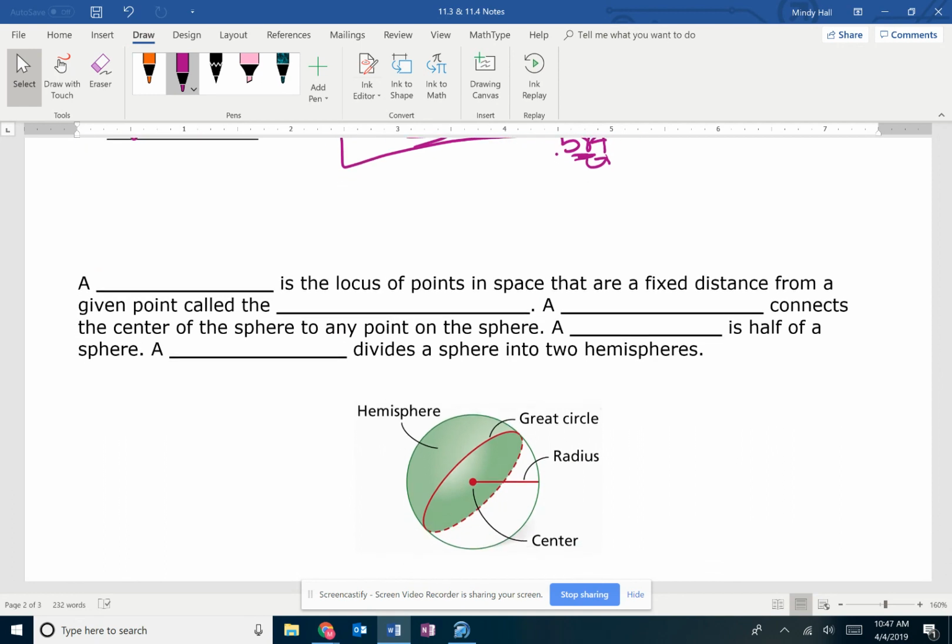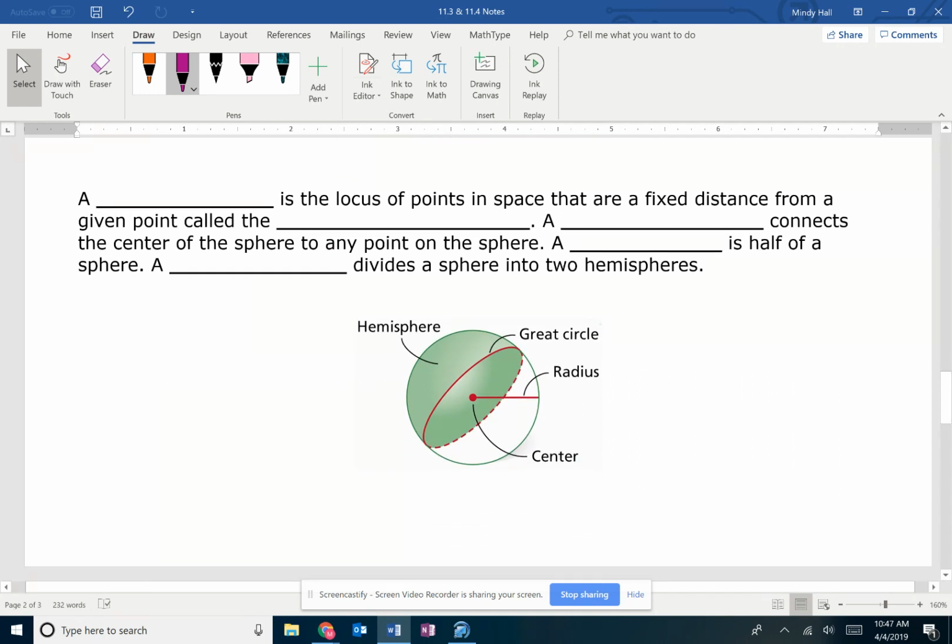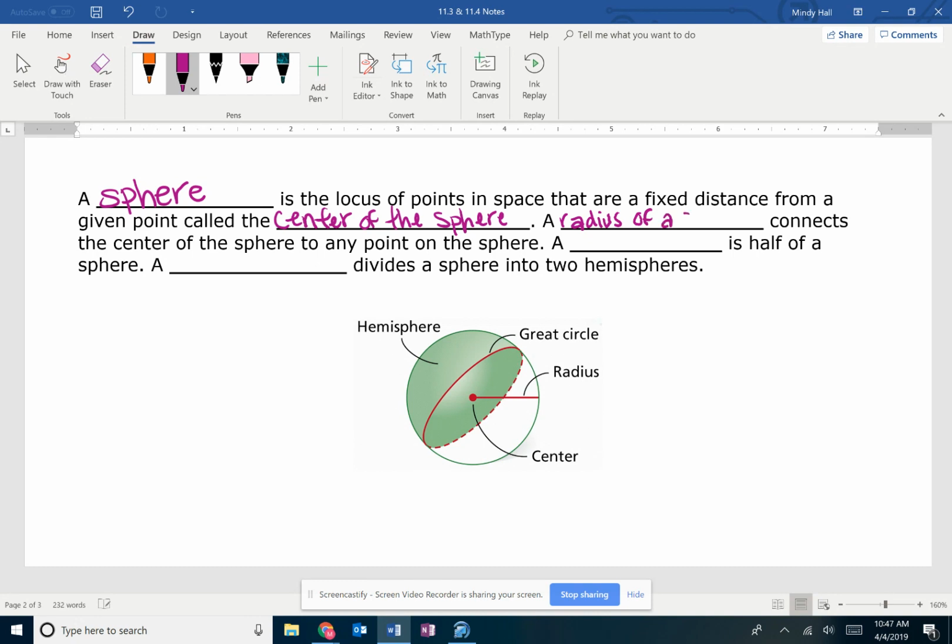So, with the next one, we're just going to talk about some of the parts of a sphere, which you might be familiar with some of this. So, a sphere is the locus of points in space that are a fixed distance from a given point, called the center of the sphere. A radius of a sphere connects the center of any sphere to any point on the sphere,